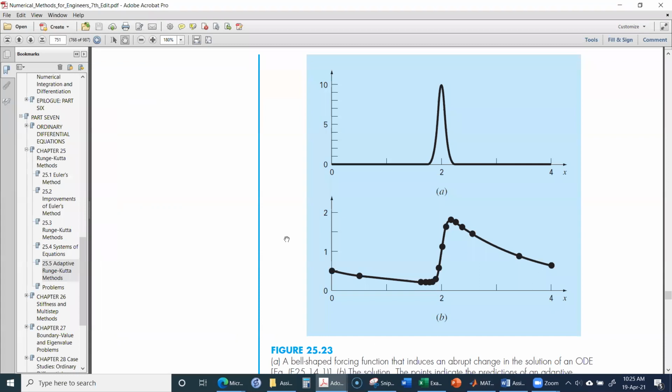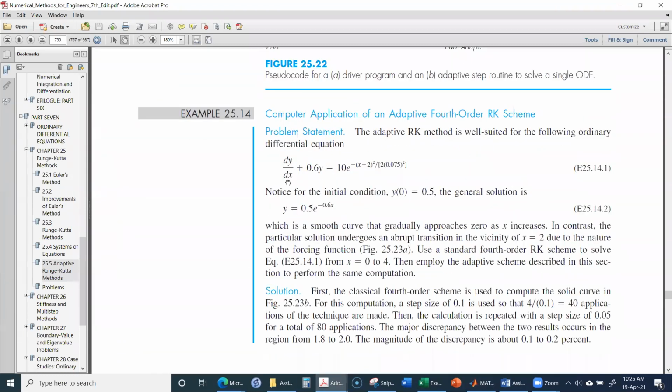Sorry, on Matlab, if I have this equation,